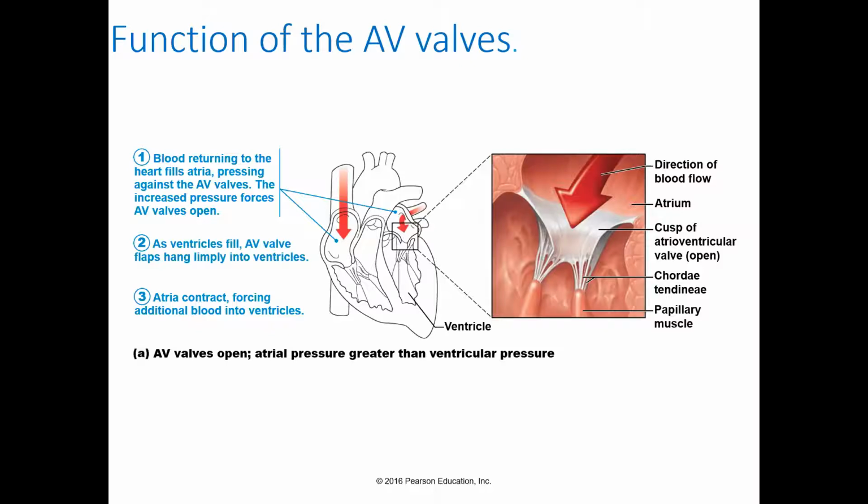So here we see when our heart is at rest, and the rest phase for the heart takes up most of the time of the cardiac cycle. The cardiac cycle lasts 7/10 of a second. Most of that time, a heart's at rest. And while the heart's at rest, blood is passively flowing through the tricuspid valve and the mitral valve into the ventricle,